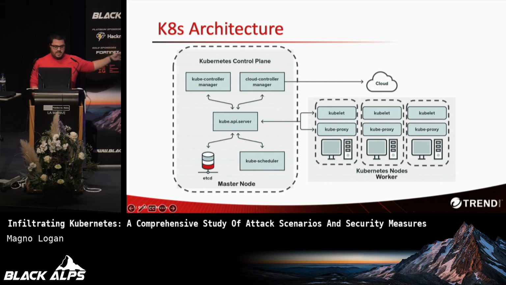On the bottom left here, we have the etcd. etcd is just a key value store, a database for all your Kubernetes objects. All your configuration for your cluster is saved on etcd. It saves information such as which nodes are part of the cluster, and which resources are available in the cluster as well.